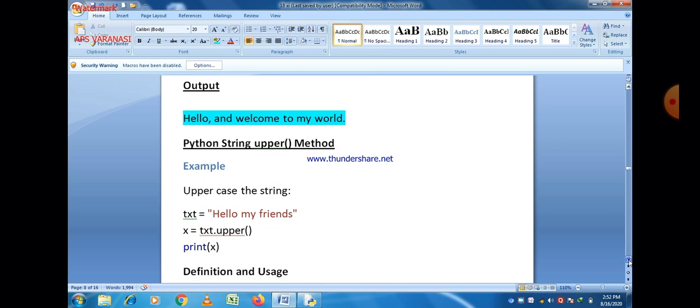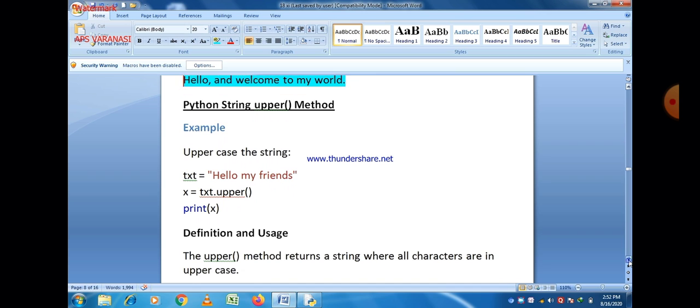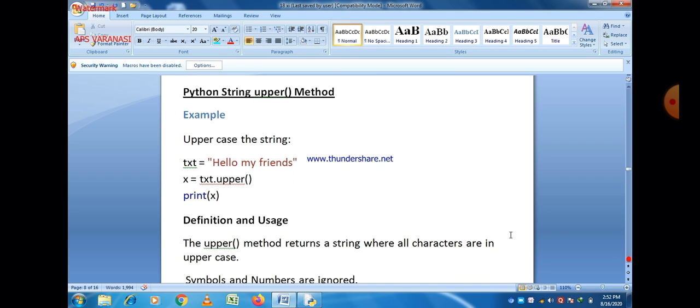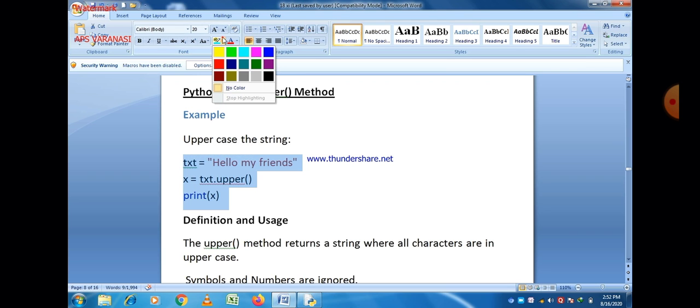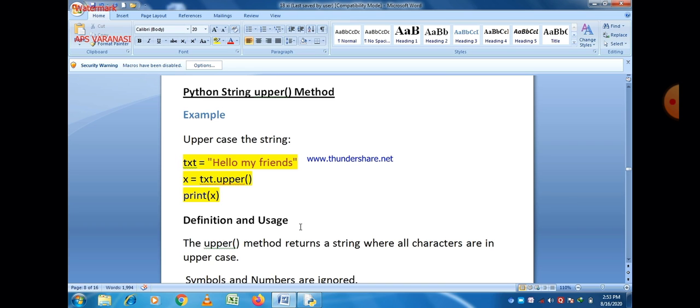So I think now you have some idea what is going on. Let us take a variable txt which contains the string hello my friends, in which we can easily see that some characters are in small letters and some characters are in capital letters. If we write x is equal to txt dot upper, and then give a print statement, then all characters are in uppercase after the execution of that program.